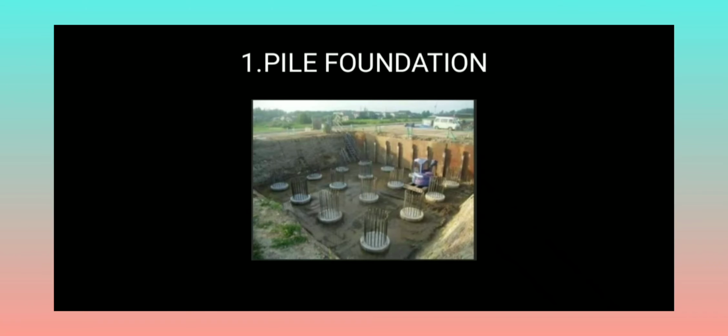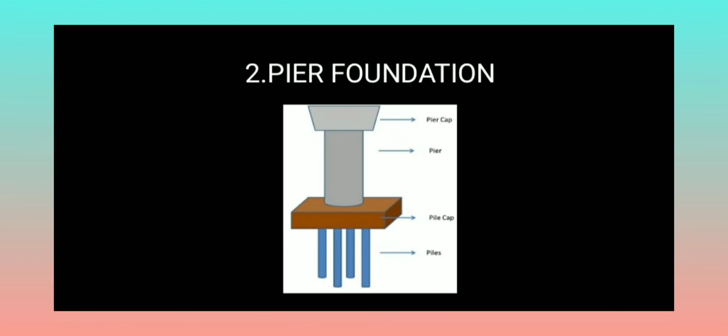And the second type of deep foundation is pier foundation. It is an underground structure that transmits a more massive load which cannot be carried by a shallow foundation. Generally used for multi-story structures. They are cylindrical structural members that transfer heavy load from the superstructure to the soil by end bearing. It does not transfer skin friction.